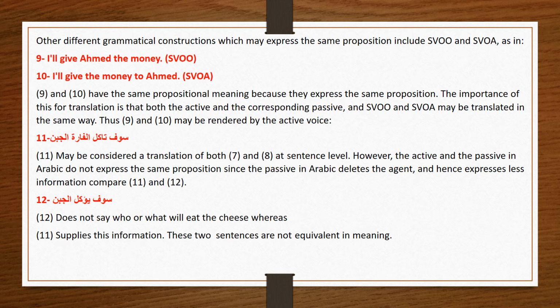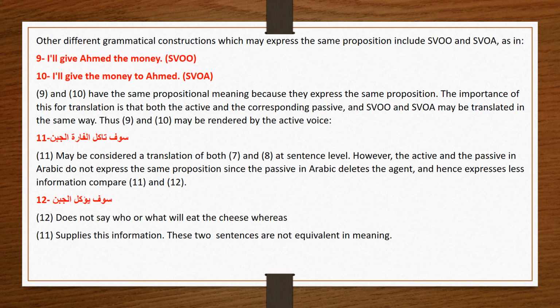The importance of this translation is that both the active and the corresponding passive, and the subject plus verb plus indirect object and direct object, and the subject plus verb plus object and adverbial, may be translated in the same way. Thus number 9 and 10 may be rendered by the active voice. سوف تأكل الفأرة الجبن. As you see, 11 may be considered as translation of both 7 and 8 at the sentence level. However, the active and the passive in Arabic don't express the same proposition, since the passive in Arabic deletes the agent, and hence expresses less information